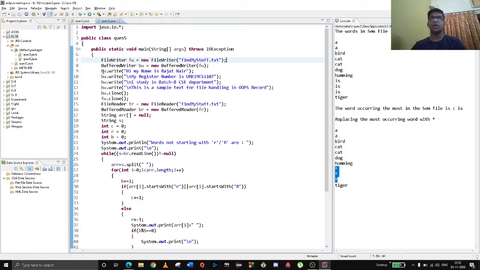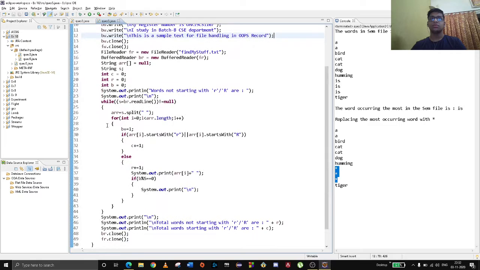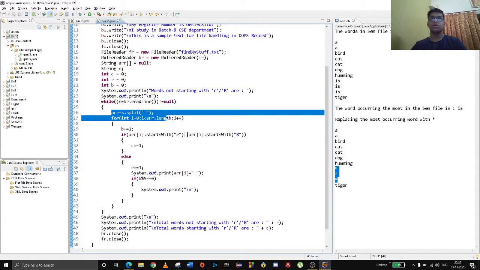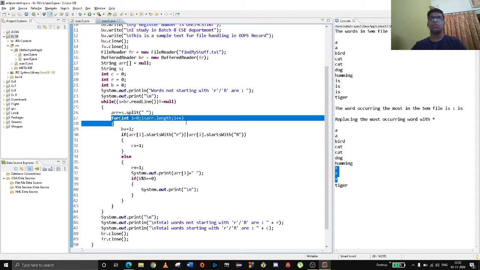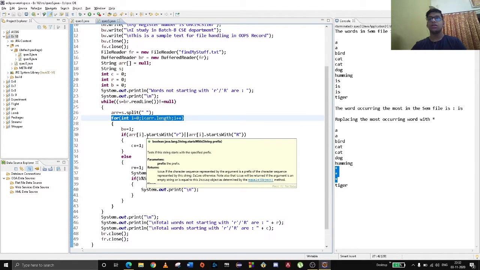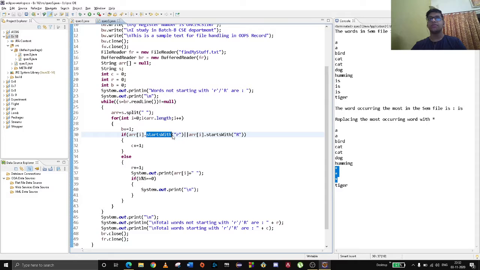In this I've provided some write statements, and I need to find the words starting with R and not R. I'm splitting it and, using a for loop, retrieving all the words with the function startsWith. startsWith helps find the words which start with R and capital R. If so, we do c plus equal to 1.